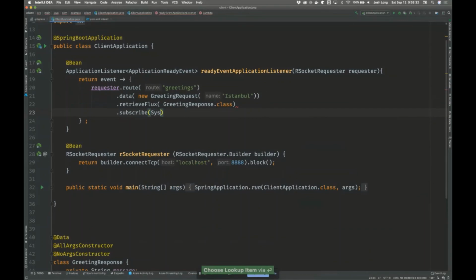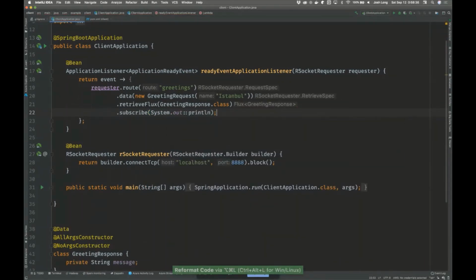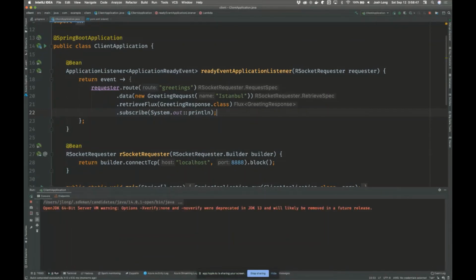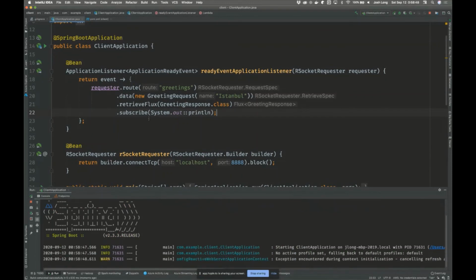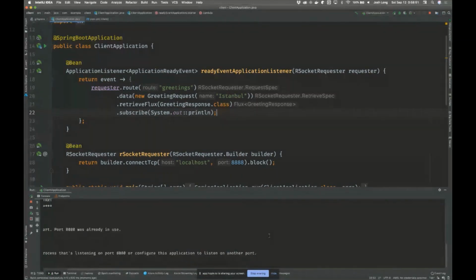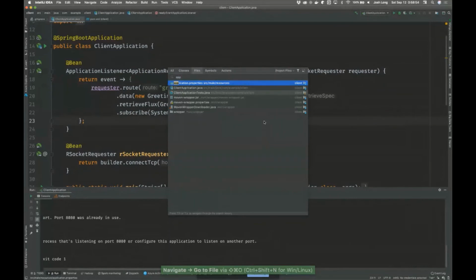Okay, subscribe, System.out.println. Okay, client application. What did I do wrong? Oh, port 8080, so of course.